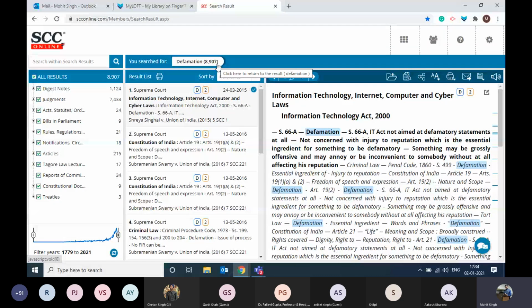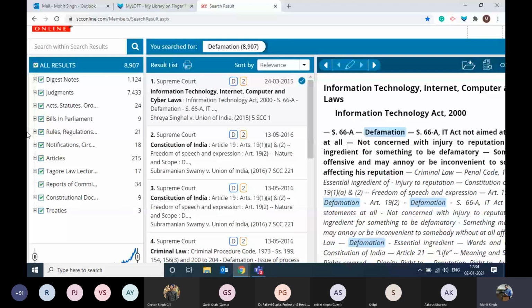Now we have got around 9,000 results over here, and as you can see, my result screen has been divided into 3 different columns. The first column is on the left hand side, this one. The second column is on the middle side, this one. And there you go, we also have a third column which is on the right hand side, this one. It is very easy to select any category of data whichever you want to see.